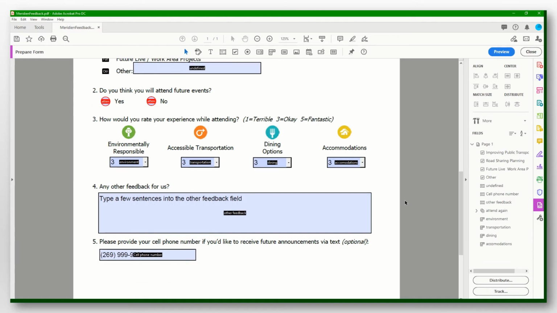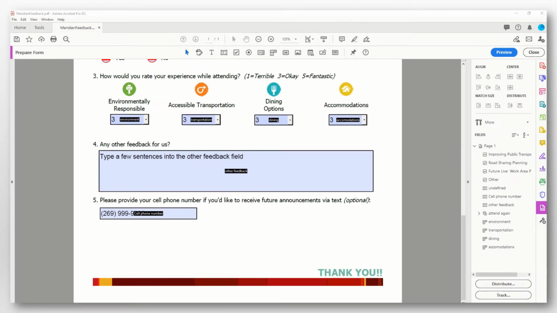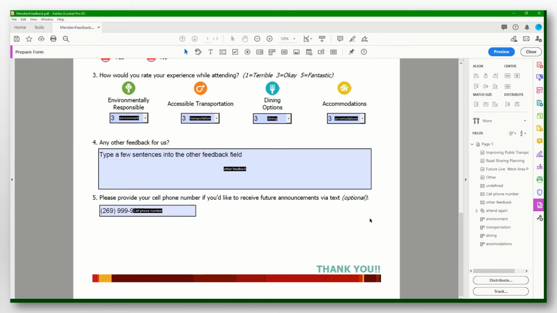The last thing we're going to do is add a reset button on the bottom that will allow the user to reset the form. To create a reset button, we're going to go up and find the add a button option that has an OK in it. Click on that, and then find a good place to put your reset button. You can put it just above the thank you, really wherever you want. And then once you click on that, type the word reset,